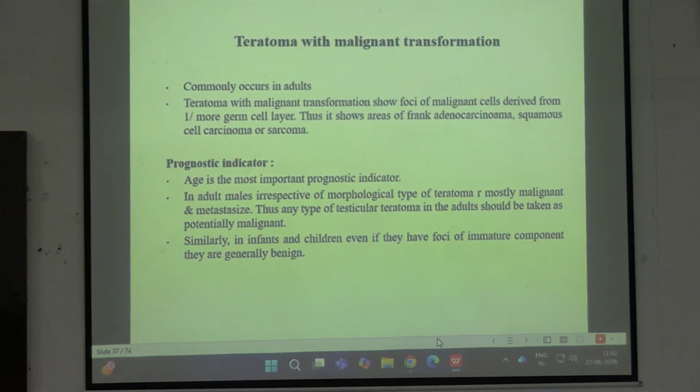Teratoma with malignant transformation. So what happens is many times when there is mature teratoma and all the mature germ layers are present, from those particular germ layers malignancy can arise. Like what? Suppose there is skin present or squamous lining present, squamous cell carcinoma. Suppose there is some other glandular structure present, adenocarcinoma. Okay, this is rare but this can happen.